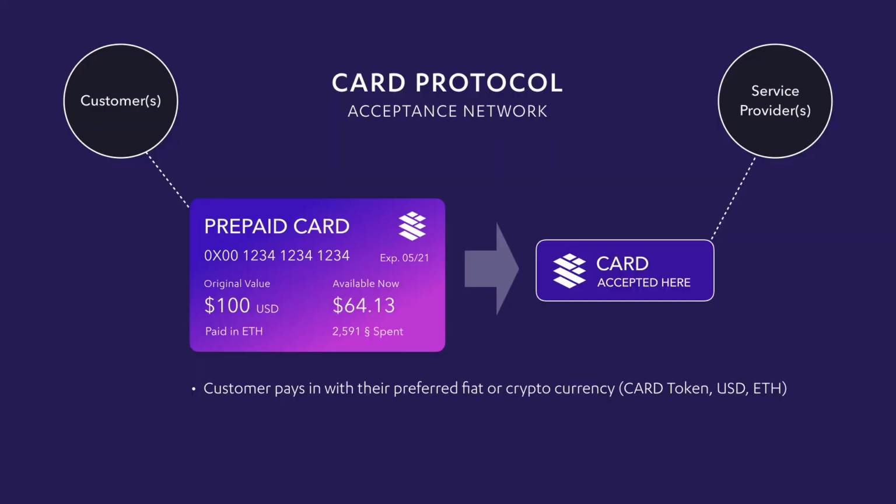And what we want to be able to do is, customers hold different types of currency. And sometimes it's fiat. Most people have either credit card or they even have cash. And then that can be converted to cryptocurrency. But the idea here is a prepaid card is pegged to any currency that we can measure in a smart contract in a protocol network.